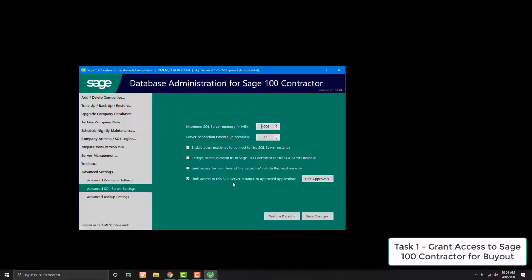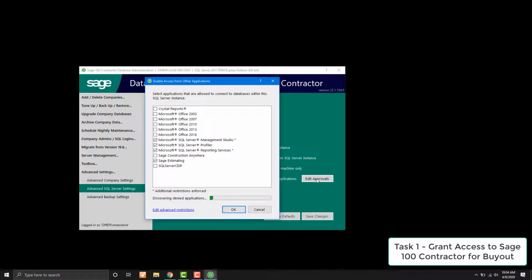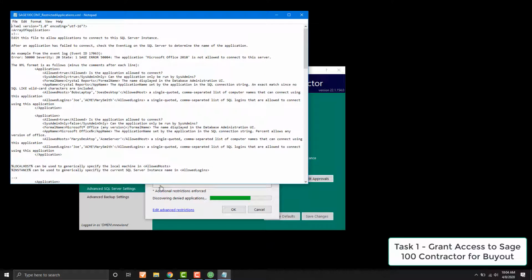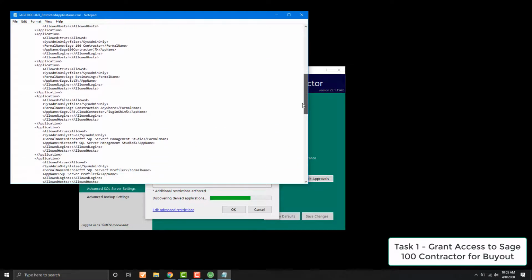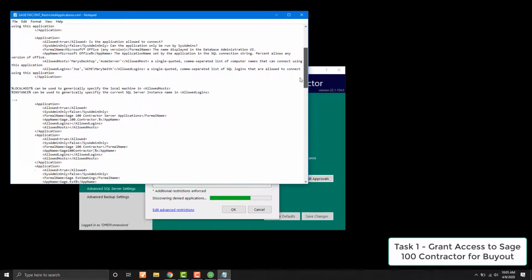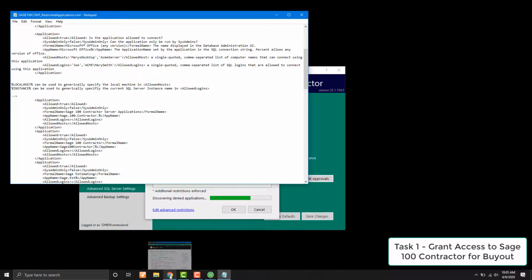If this box is checked, then you've identified that you want to limit access to your Sage 100 Contractor database server to specific applications. In this case, Buyout needs to be listed as one of those applications. Click on Edit Approvals, and if you do not see Buyout listed in the list of applications, then click on Edit Advanced Restrictions. The list that you see here is simply a more technical version of the same list of applications on the previous screen. In order to add Buyout, simply go to the documentation